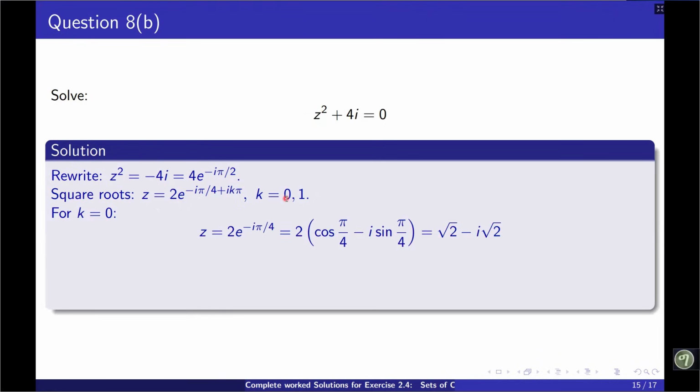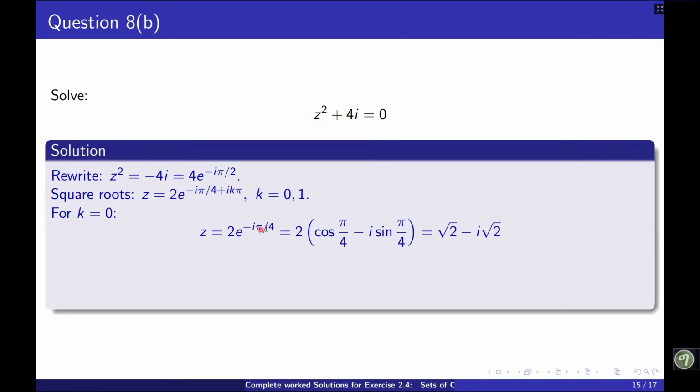Therefore, for k is equal to 0, we have z is equal to, if we substitute k equals 0, this becomes 0, and minus i pi over 4 will be left on the exponent of e here. Therefore, that becomes 2 times e to the power of minus i pi over 4,